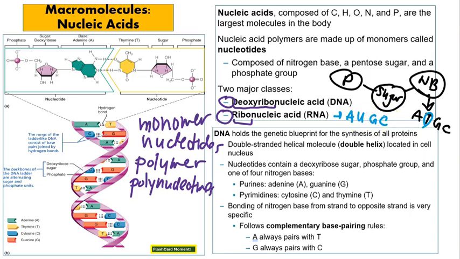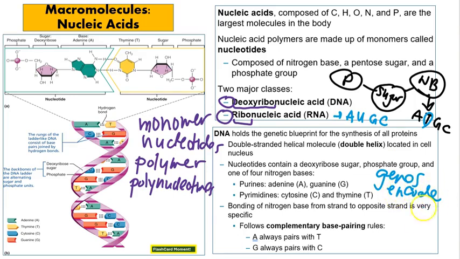Another huge difference between them is that DNA is going to be a double helix, whereas RNA is going to be a single strand of nucleic acid. So let's focus on DNA first. Well, the main thing you need to know about DNA is that genes